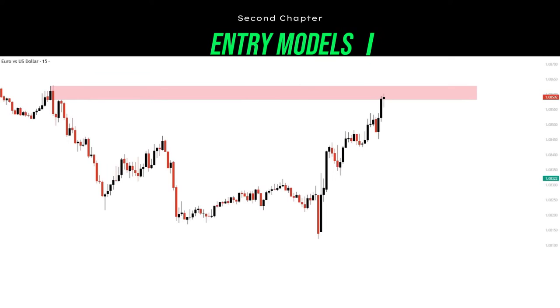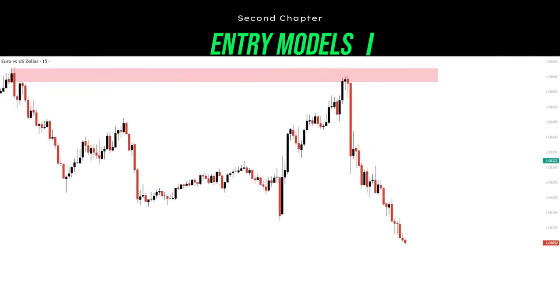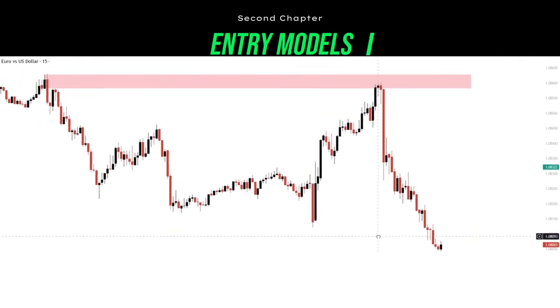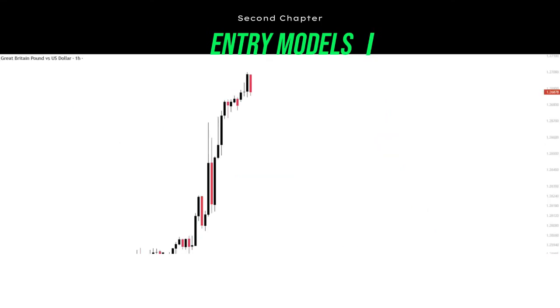So it finally rebalanced the market, and it met our expectations to reject to the downside, and soon after it also broke the lows, essentially continuing the downtrend. Another example. This is a clear, very aggressive uptrend,